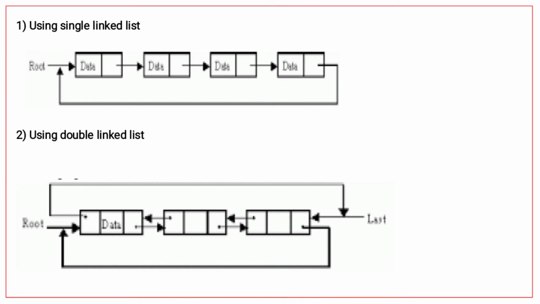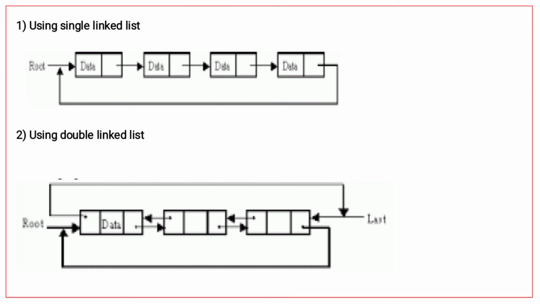It is an extension of the basic single linked list. In circular linked list, instead of storing a null value in the last node of a single linked list, we store the address of the first node, that is the root node, which forms a circular linked list. Using circular linked list, it is possible to directly traverse to the first node after reaching the last node. So, see, the figure shows circular single linked list.